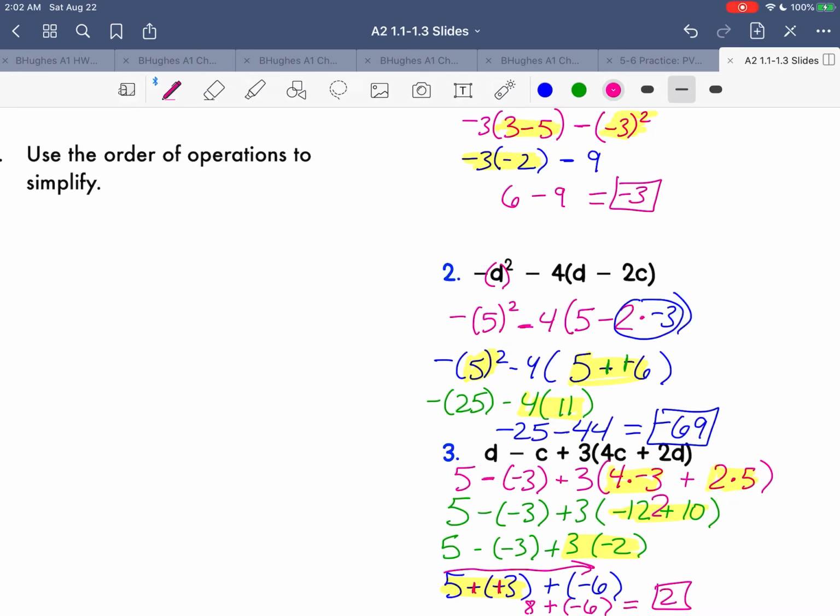Okay, so we still practice order of operations. We just did it in the context of